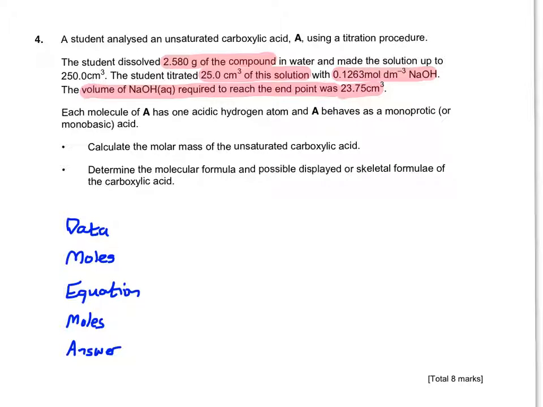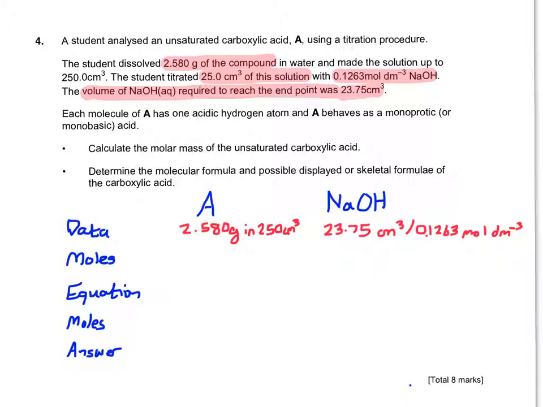Now, we don't have an equation as such, but we do have the data we can use to work out the number of moles. So what you do is you put your unknown compound A above the data, moles, equation, moles, answer, do it like a table almost, and you can put in the NaOH to the right a little bit, and we can now write in the data. So we can work out the number of moles for NaOH. Now, just knowing at this point that the